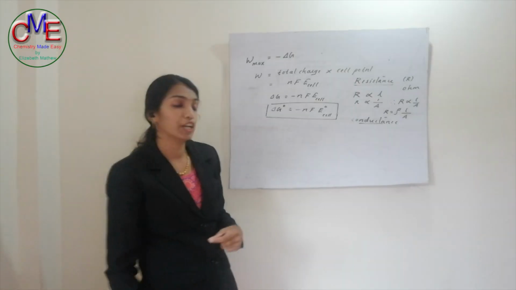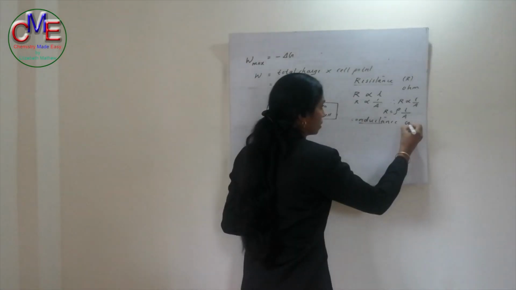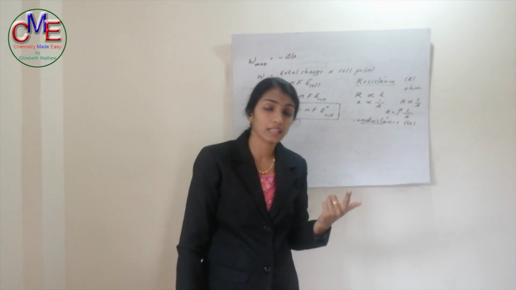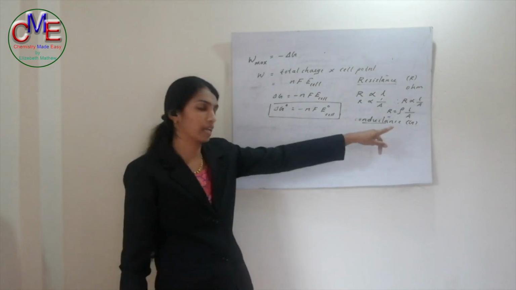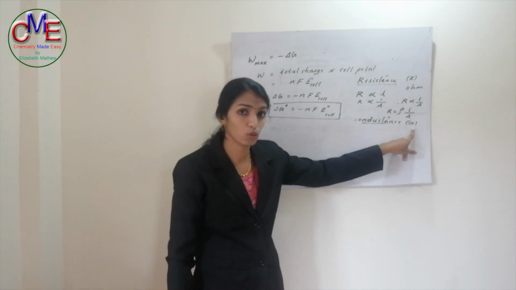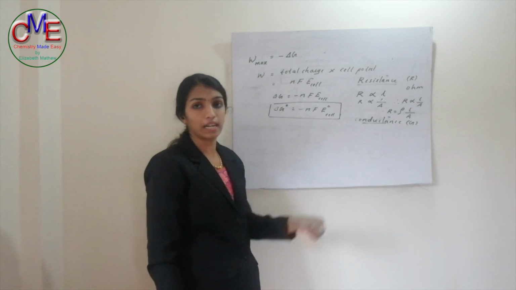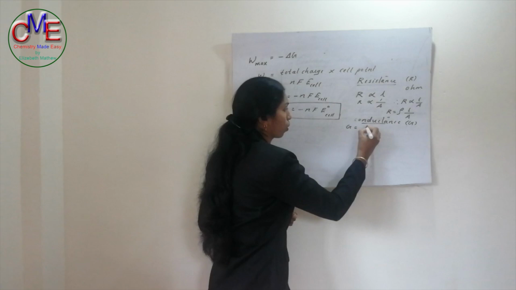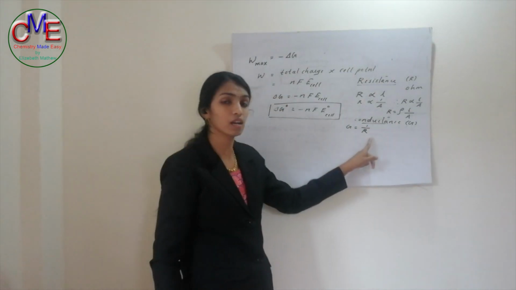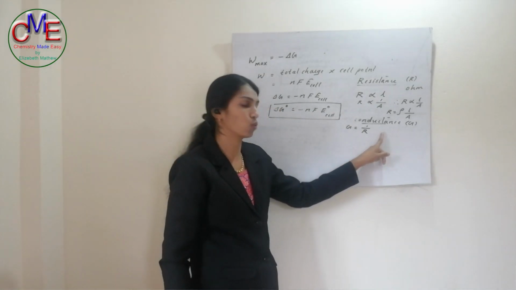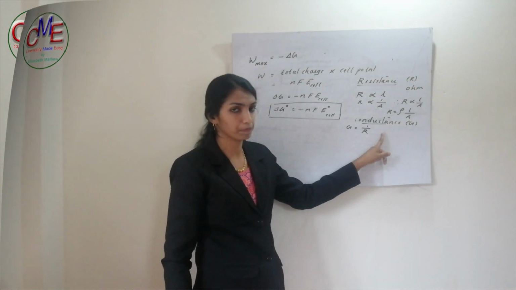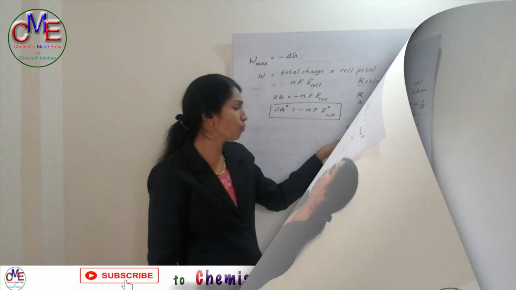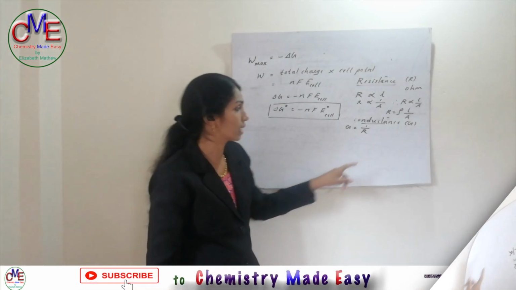Conductance. It is denoted by the symbol G. In certain cases, the symbol C is used, but in your NCERT textbook, symbol G is used. Then what is conductance? Conductance G is the reciprocal of resistance, and its unit is ohm raised to -1. Its SI unit is Siemens. It is the inverse of the resistance.